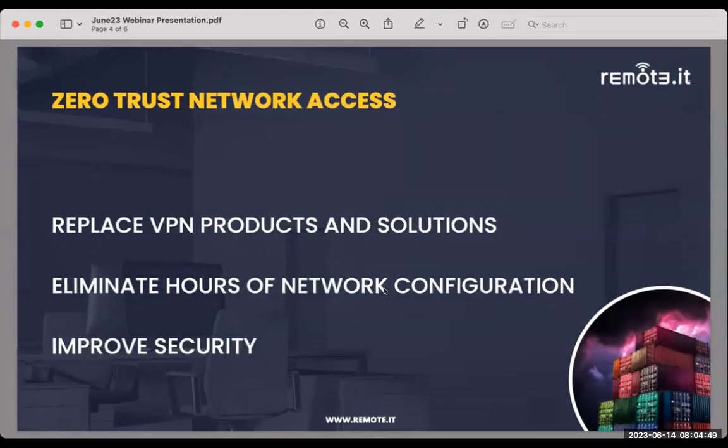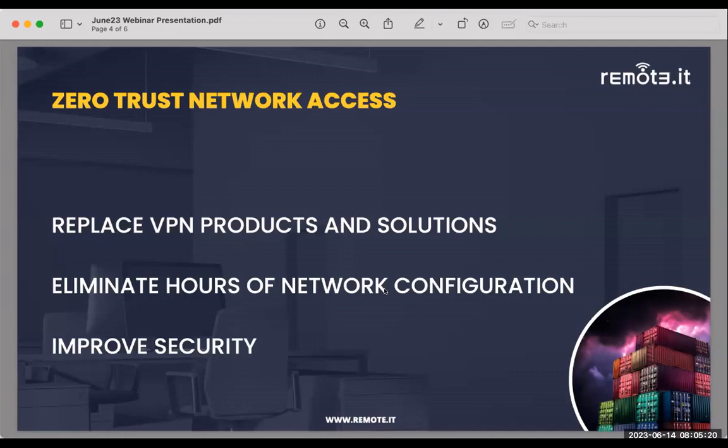Okay. For anyone who's new to Remoted, we are a next-gen zero trust network access solution. We typically replace VPN solutions. Some of our benefits are we work when other VPN solutions don't, like devices without public IP addresses, so port forwarding is not an option, like you get with 5G mobile or Starlink networks. We work when there are multiple NAT layers. We also allow you to connect to as many private networks as you want at the same time.